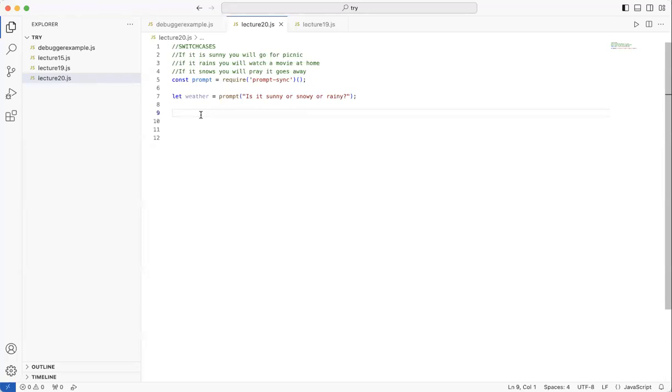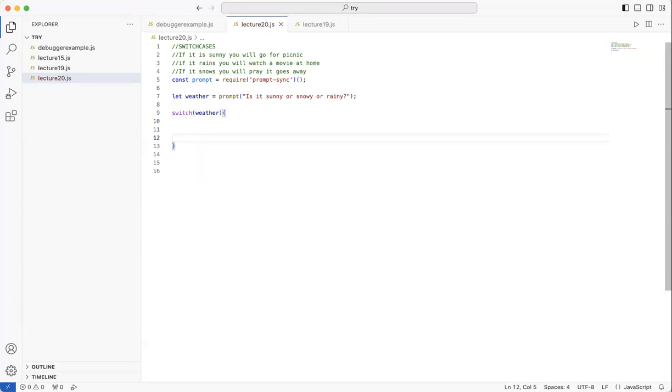Okay, so now what's the syntax for a switch case? So we write down switch. Now, how it works is we check the variable weather for the user's output, correct?